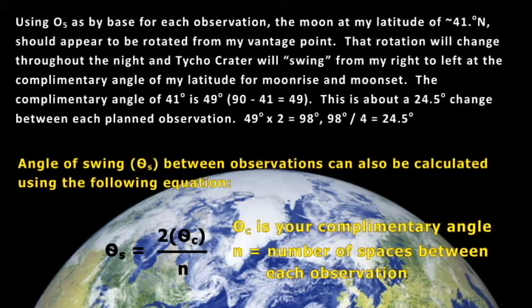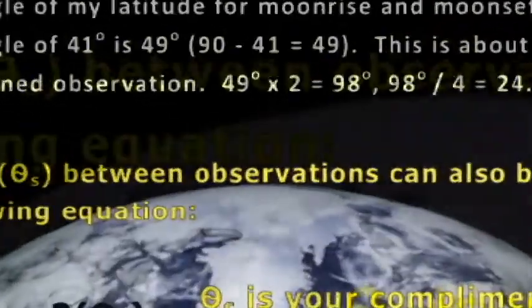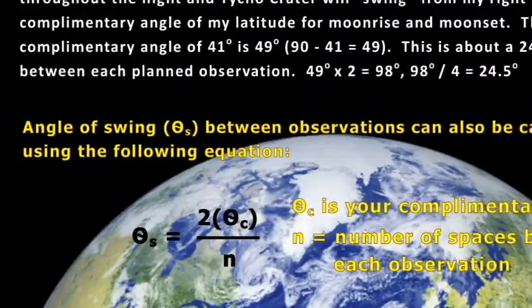Well, why not divide it by my number of observations? Well, because the moonrise is an initial point. So what you have to do is divide by the number of spaces in between your observations. And I have 4 spaces in between my 5 observations. That's what you have to do. And I actually set up an equation down here below if you're one of those algebraic people. That equation in black is basically the math I did, and the last part is written in white.